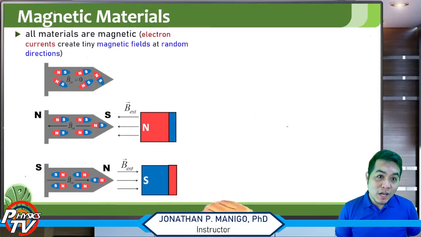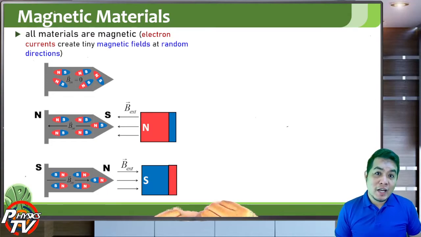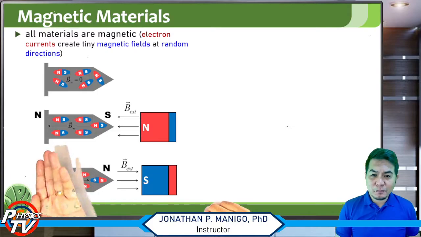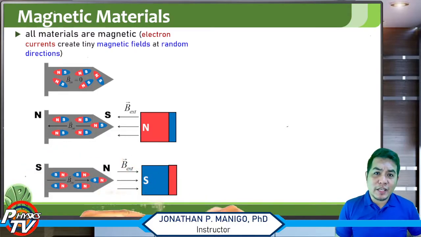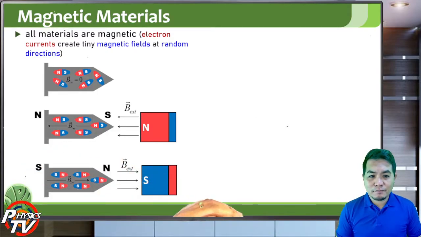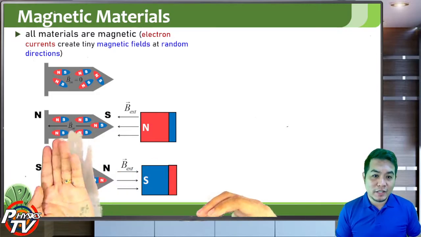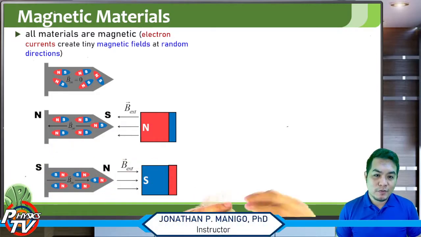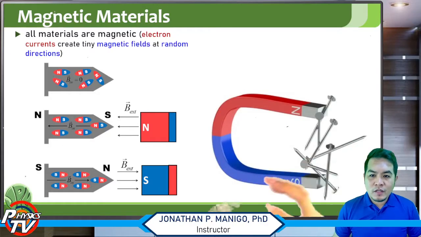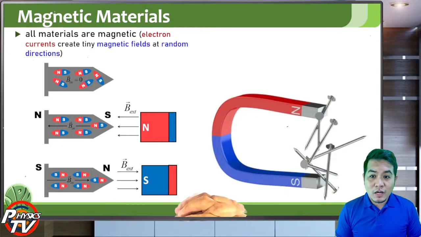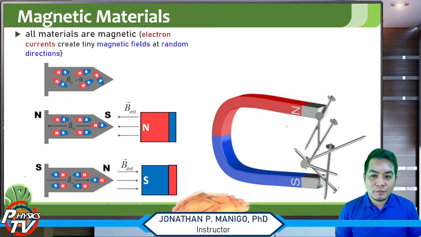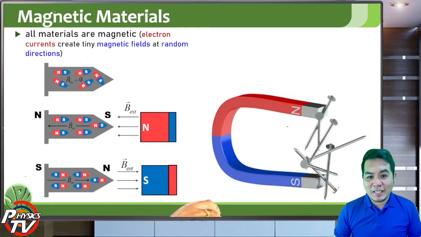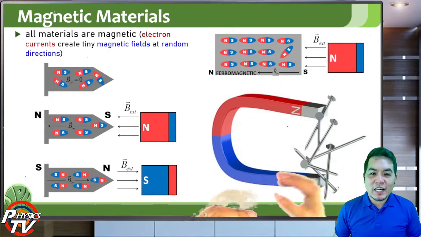The nail will be attracted to any pole of a magnet, to the north pole and to the south pole, because the tiny magnets inside the nail will just reorient themselves to align with the field. So both a nail or a metal will be attracted to the north pole and the south pole of a magnet. These types of materials are what we call